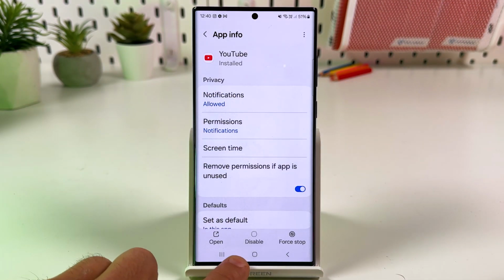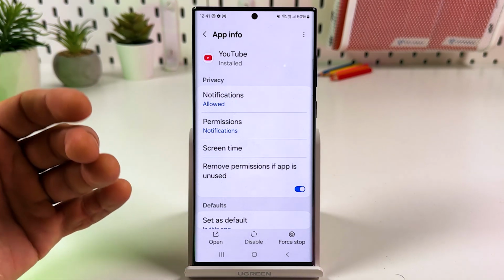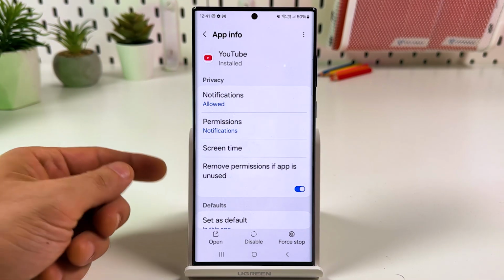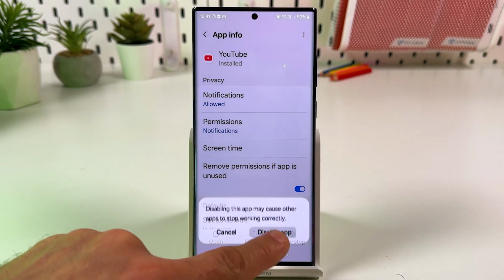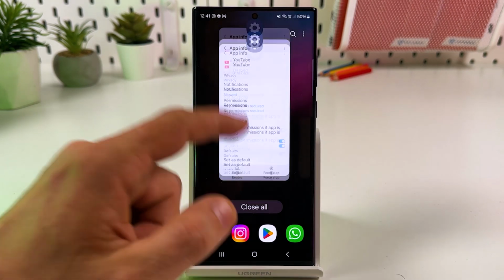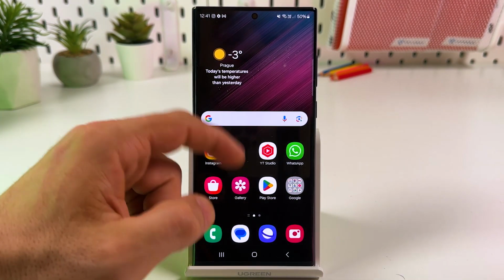Now there should be uninstall button, but I don't have this button because in my case YouTube is pre-installed as a system app, so that I can't uninstall it unless I have root access. But anyway, you can disable the application. Disable app. Now let's go back to the home screen, and no more YouTube in my home screen, no more